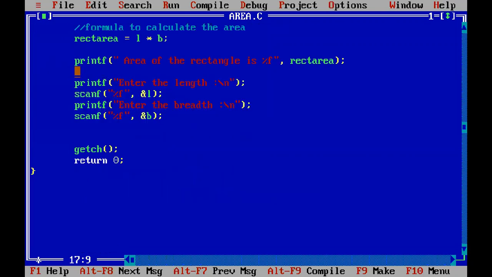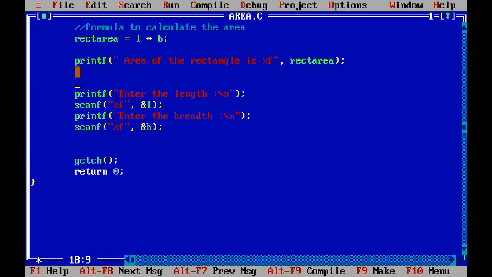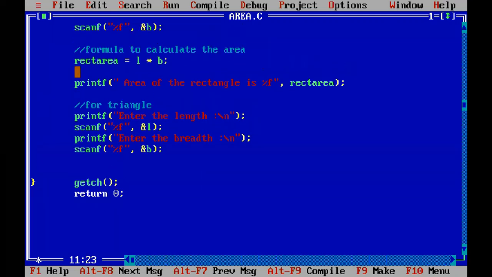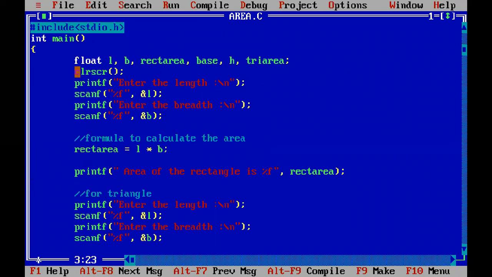Let me just give a comment line another. So here we will try to calculate. This is for the triangle, and say this is for the rectangle. So I have separated the parts.